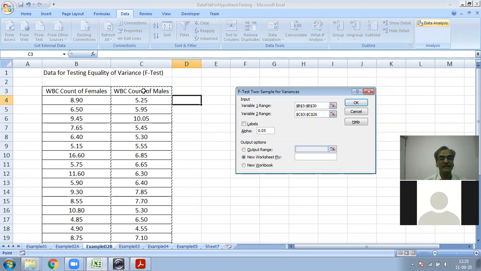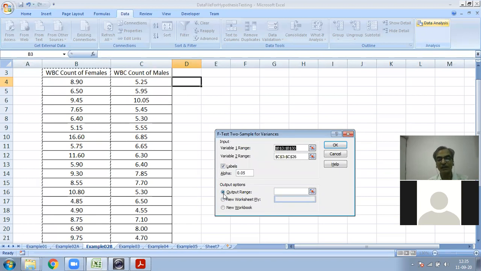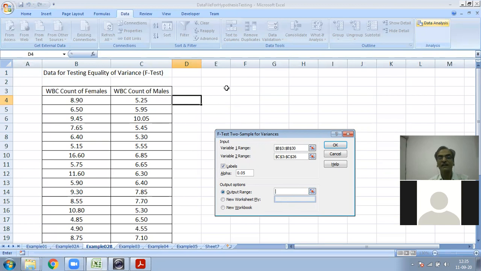Since we have selected the labels for both variables, tick mark here, that is Labels. If you want to test at 1%, change the value of alpha to 1%, but right now we have to test at 5%. Then click on the output range, click on the white box and select the cell where you want the output.